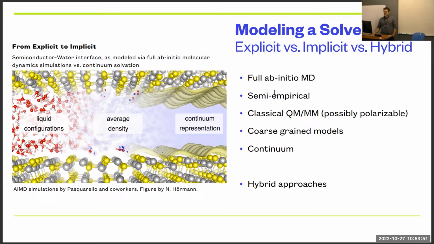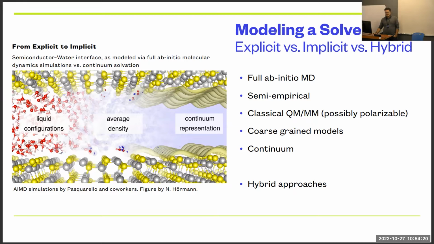And so there are different levels of theory. You can somehow simplify the description of your statistical system. Maybe you can treat the water molecules as classical objects, but you have to parameterize an interaction potential between different water molecules. You can use coarse-grained models. What I'm going to talk about today mostly is the use of continuum models. The idea is that